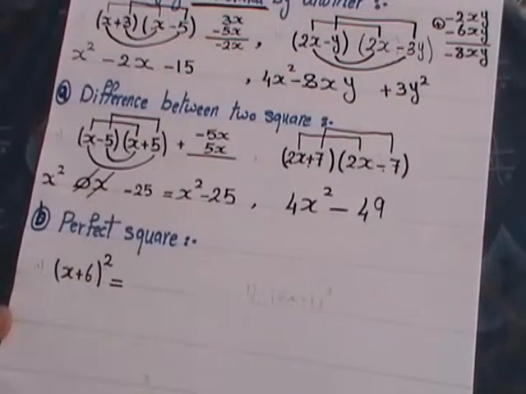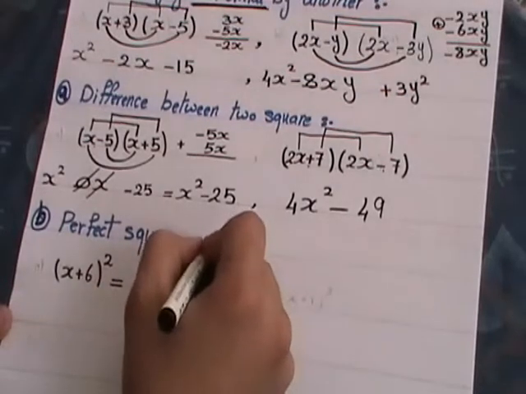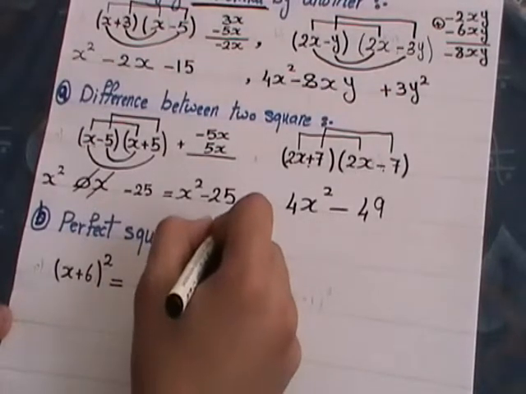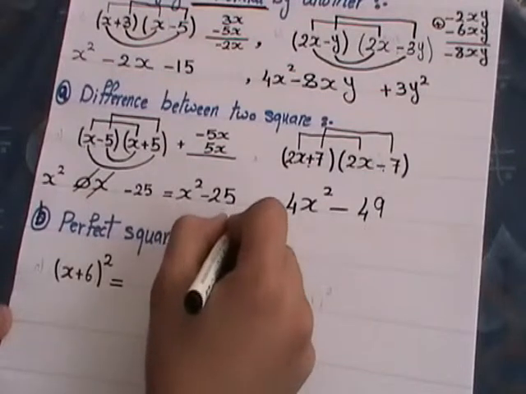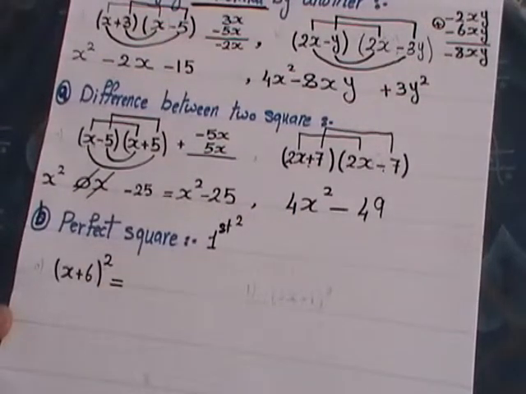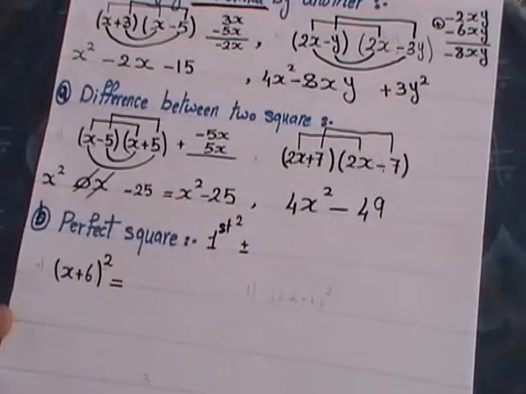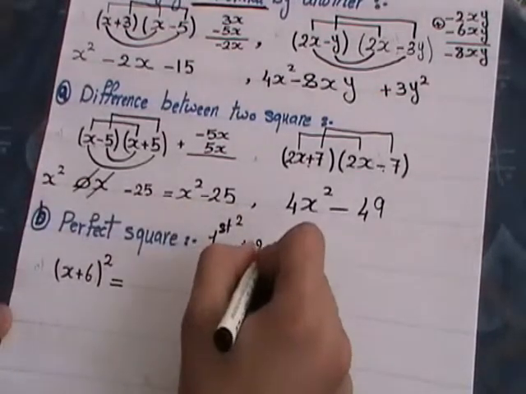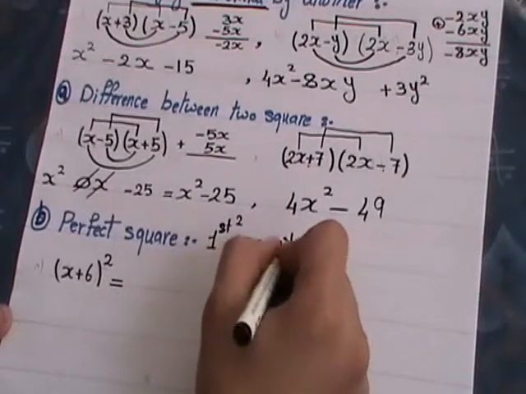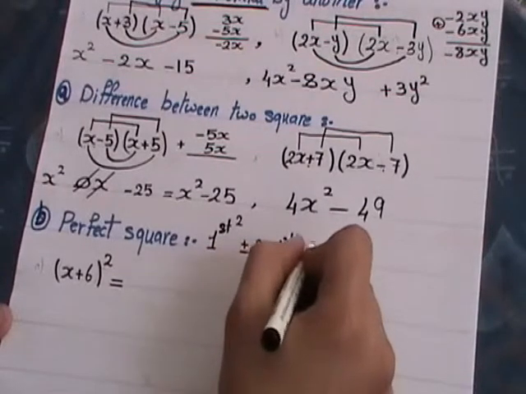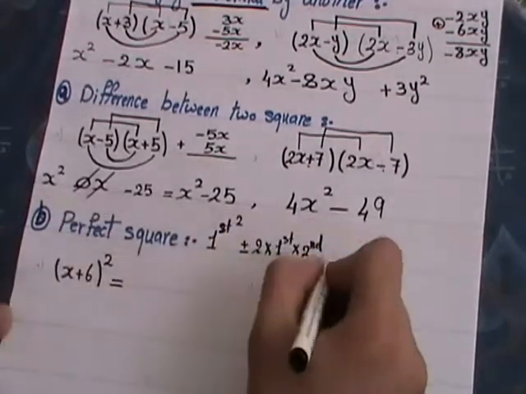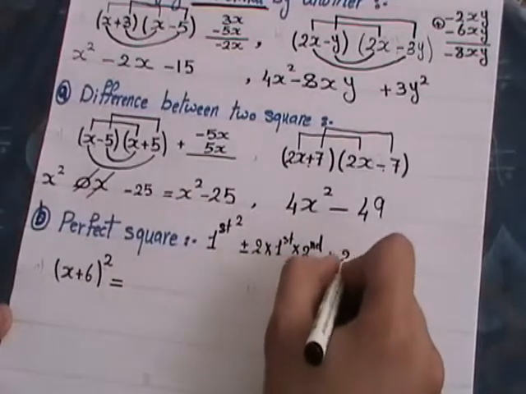The rule says that to get the answer of this bracket squared, we square the first term, then plus or minus according to the middle sign 2 times the first term times the second term, and then plus the second term